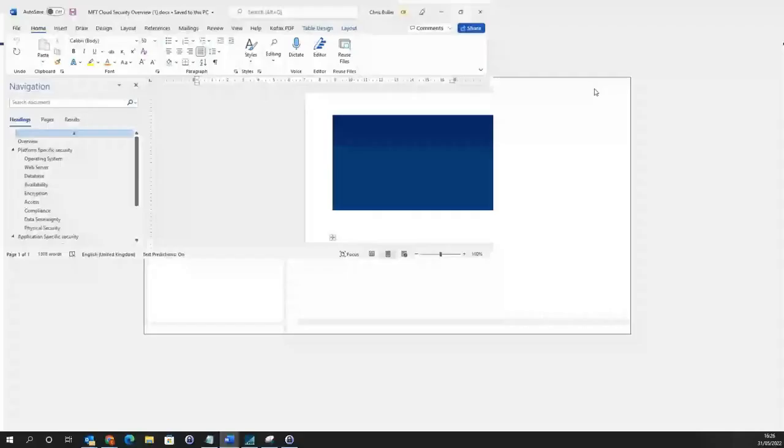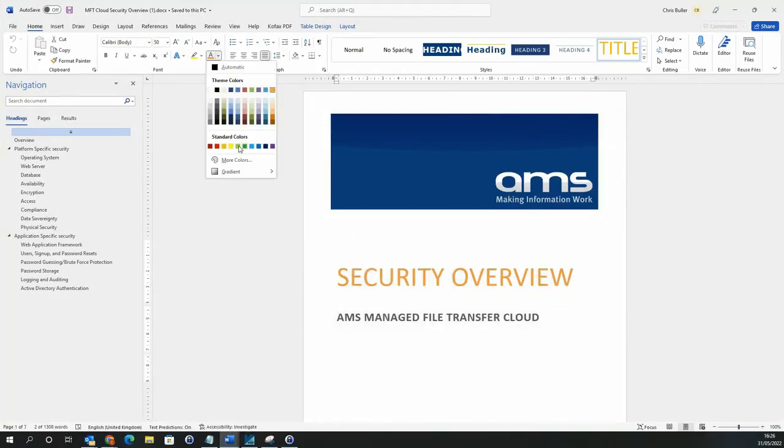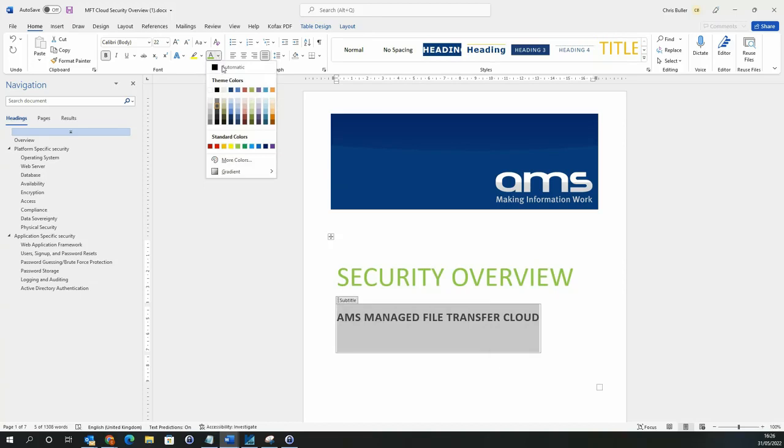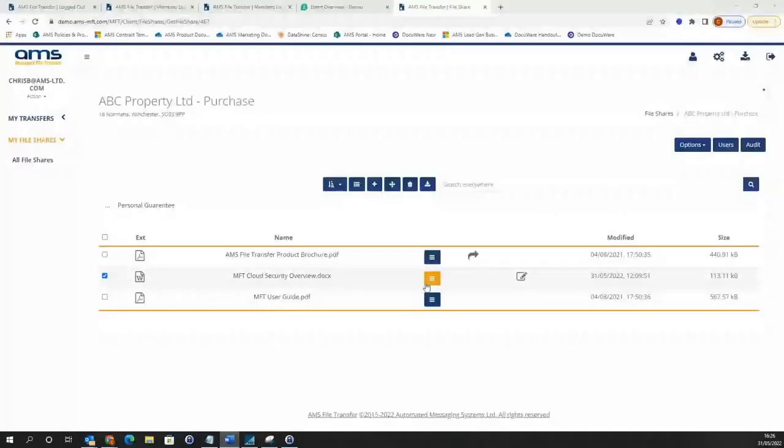There we go. Now I can edit this document. Let's make that a different color as well, just for the sake of the demo, non-bold. And if I save that and get rid of that, if I come to check that back in,